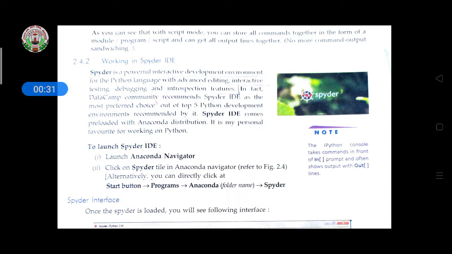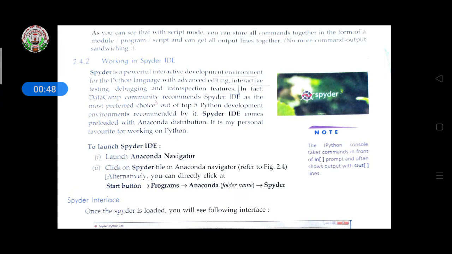So today we'll discuss working in the Spyder IDE. Spyder is a powerful interactive development environment for the Python language with advanced editing, interactive testing, debugging, and introspection features.